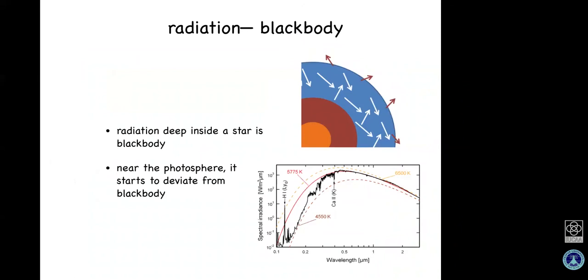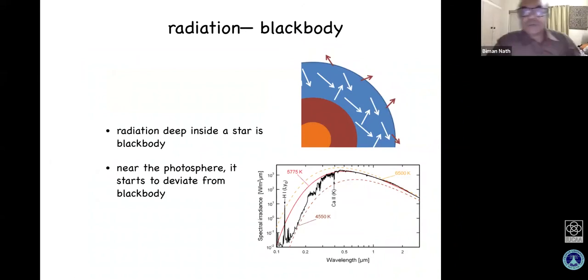This is from a slide from day before yesterday, and we were talking about what we see with regard to the spectrum of a star like the sun, for example. And I said that one of the purposes of the lectures would be to understand what we see. And so we had this spectrum, which is shown in the right and bottom corner,